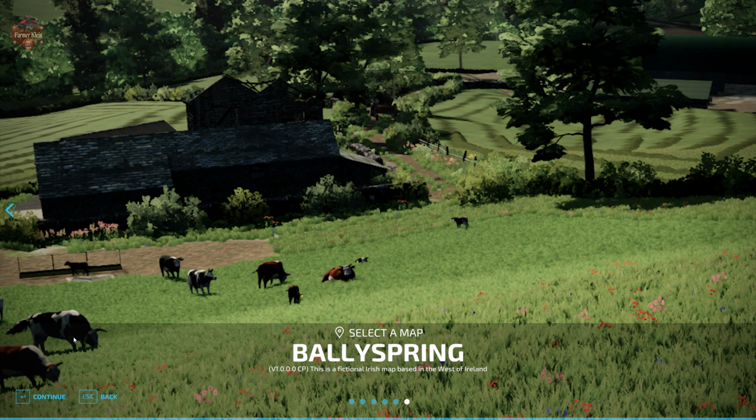Welcome to BallySpring, a fictional Irish map based in the west of Ireland with 172 fields, mainly grassland with some arable fields. There are 10 farmyards to choose from, highly customizable map with all farm buildings, walls, hedges, fences, and yard clutter, etc. removable. Now, as a caveat, that is one of the big things that I took hits on